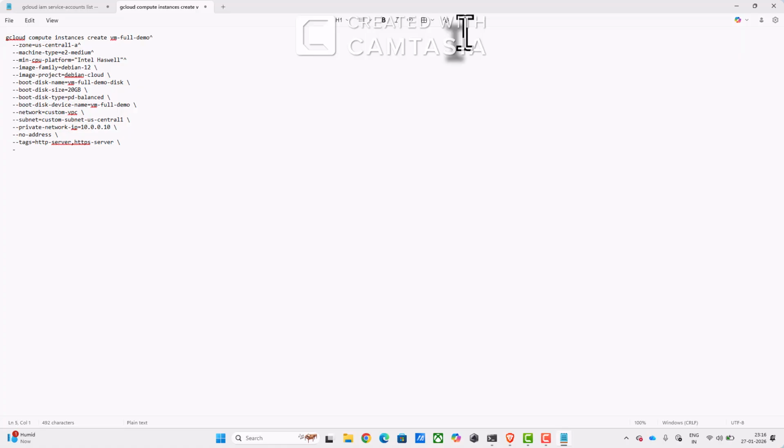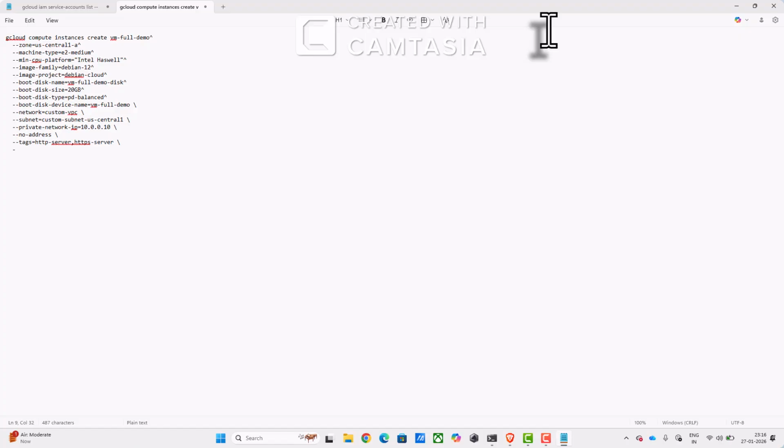So many things are there. Intel Broadwell, Intel Skylake, all those things are there, right? And coming to the next, I had mentioned the image family, and then image project. That is the OS image. And then we are creating a disk over there with the size like 20 GB. So earlier we had tried with 50 GB, we had reduced it to 20 GB right now, and it's a persistent disk,